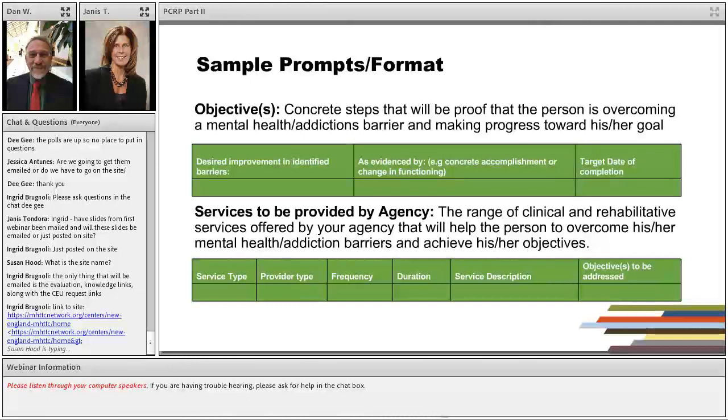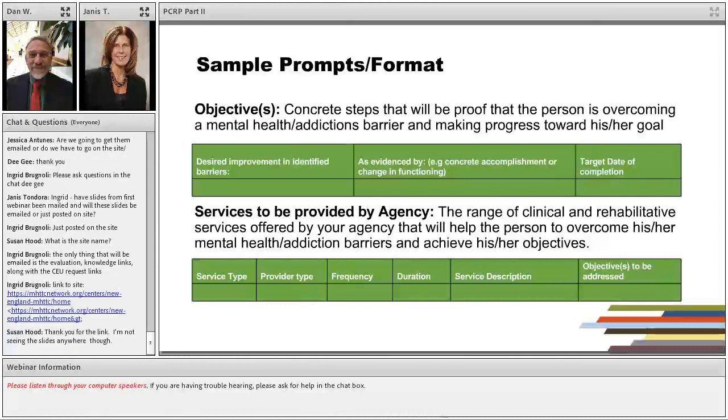Then the objectives would be followed by the services attached to those objectives. And the first 4 fields there, the service type, the provider type, the frequency, and duration, those would all be drop downs. You can't really tell it here, but those are things you need specific data. You need it to be in a certain format to support our billing, as the order for services. So we're going to require a person to pick from those lists.